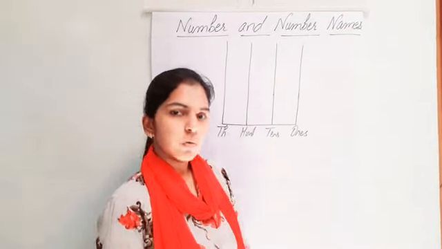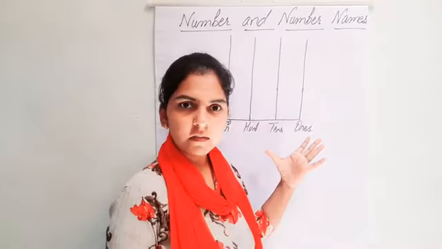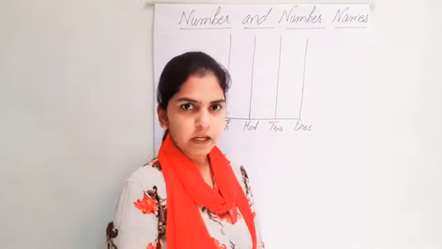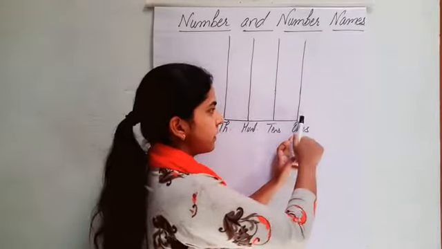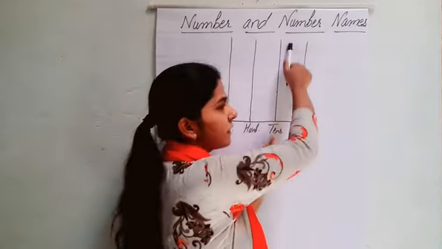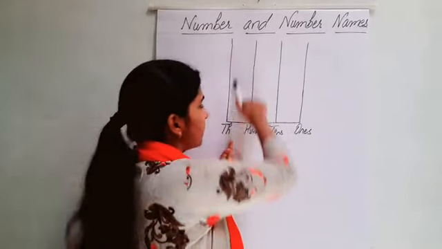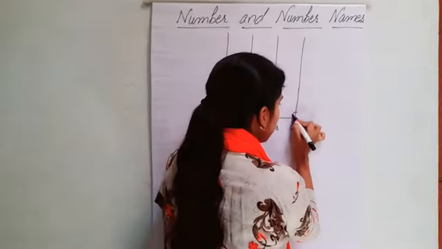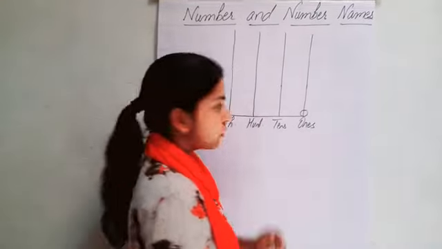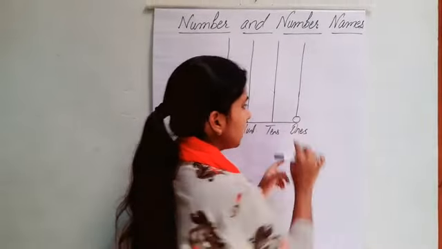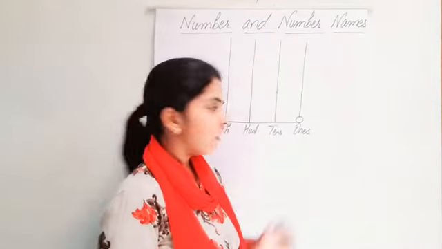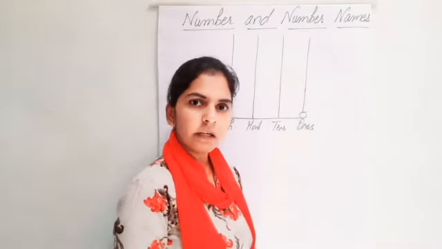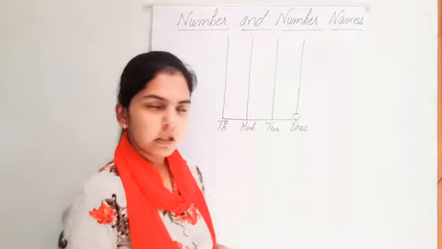As you can see, this is Spike Abacus, right? Now we will study how to represent 4-digit numbers on this Spike Abacus. As you can see, this is the spike of ones, this is tens, this is hundreds, and this is thousands, right? Suppose I draw one circle here, how many circles are there? Only one. So it is called 1 one and we will read it as 1.